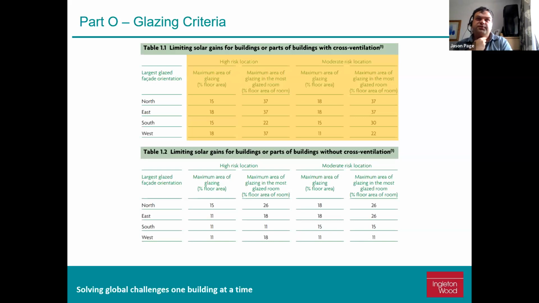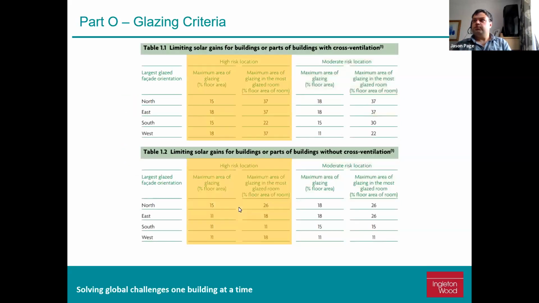The second is whether you're in a high risk area. Basically high risk is London and some postcodes in Manchester, but basically everywhere else in England is a moderate risk. This factor doesn't necessarily mean it's hard to comply in a high risk area, though. In some situations, it can be less onerous to comply in high risk, albeit with some caveats. I won't get too far into this, but it can be worth remembering that you could have the option to use high risk even if you're in a moderate risk area.